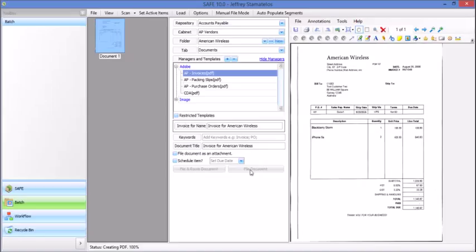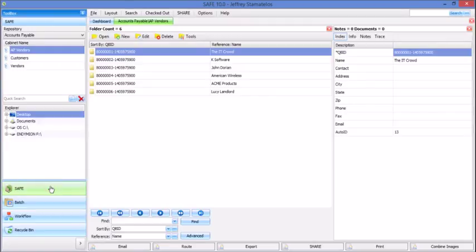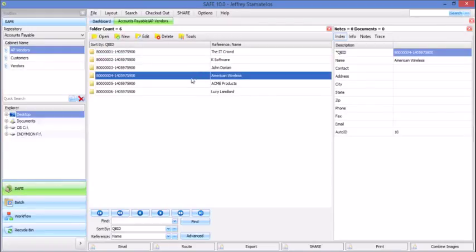And attached to the document naming template is a workflow. So the document, as soon as it's filed, is going to be sent through a workflow process. Now I'm going to go back to Safe, and if I go into my American Wireless folder,